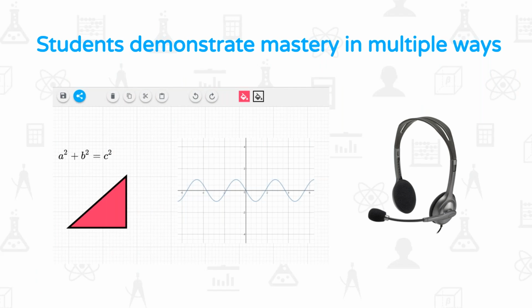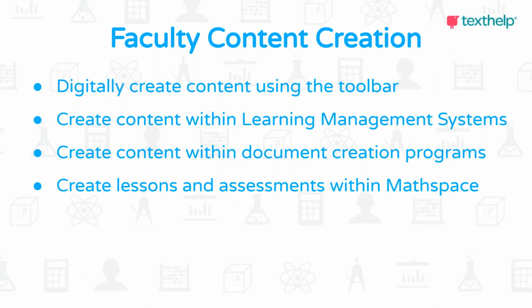So they're able to draw things out with graphing. In our MathSpace, which I'll show you in a minute, it's kind of this open whiteboard that students can use to submit things. But just know that if you are a school that's really embracing that UDL, this is a great way to do that.